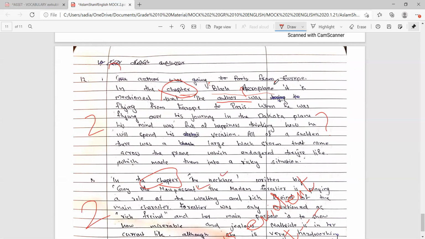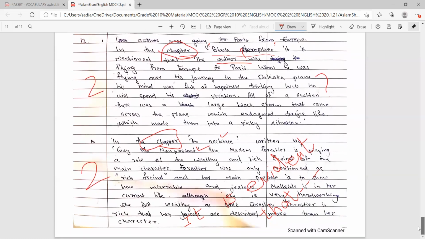In the short story 'Black Aeroplane', it is mentioned that... who mentioned that? The writer. Write the name of the writer. That will definitely fetch a better score. The chapter again, 'necklace' with a lower-case n, will definitely not fetch marks because it is an error. Written by... now this is better, where